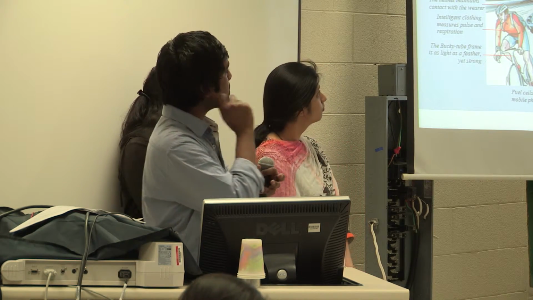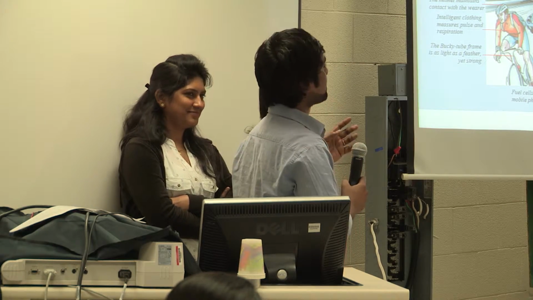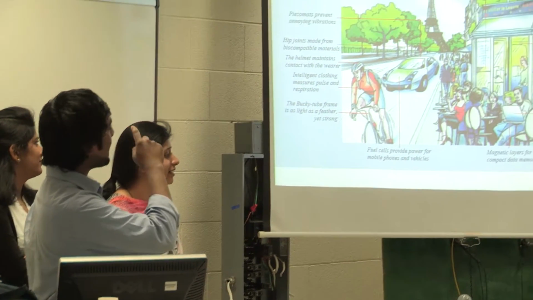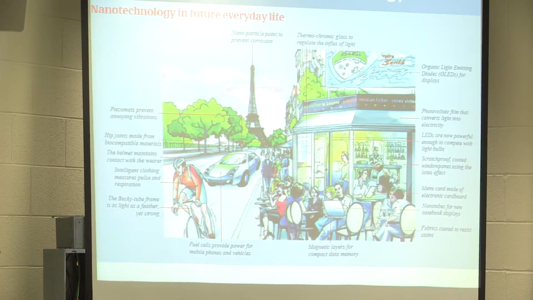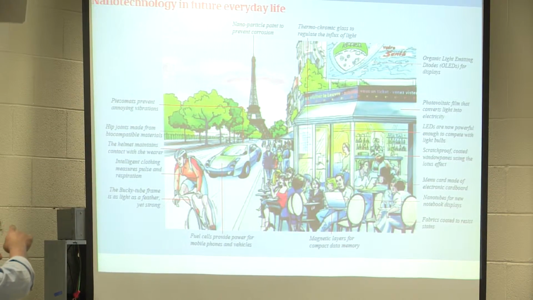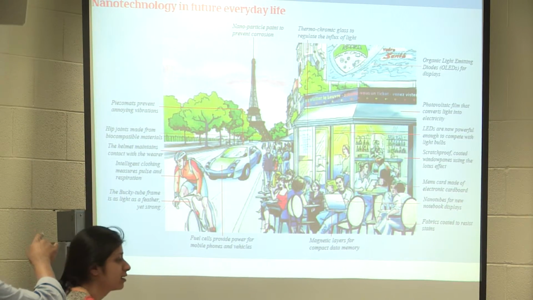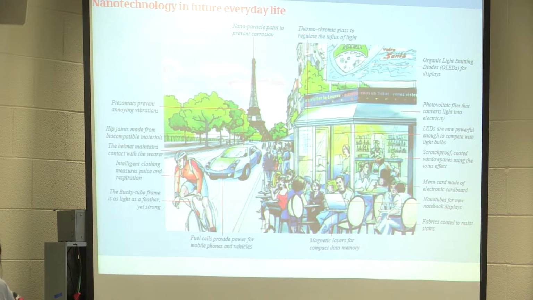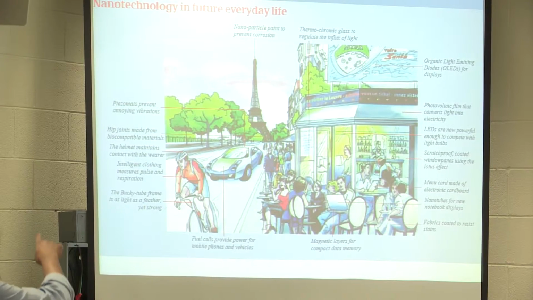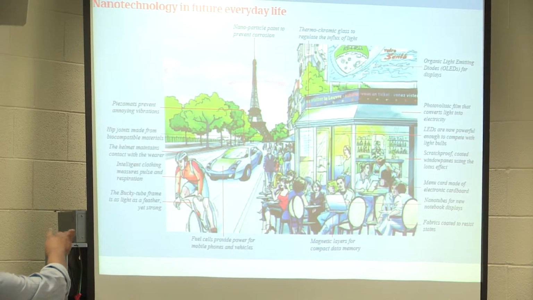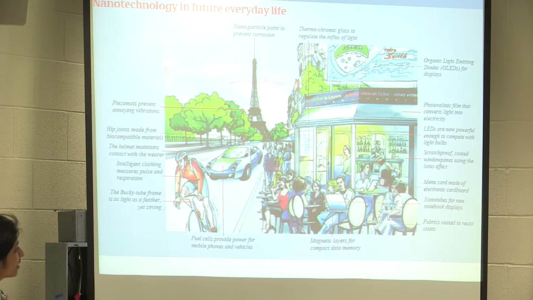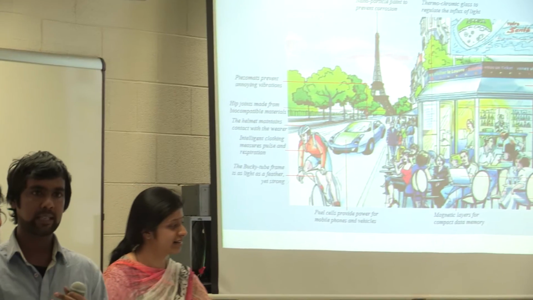The future of nanotechnology shows charts of how the future is going to be in day-to-day, everyday life. See here, the Eiffel Tower, which has nanoparticle paint to prevent corrosion. And the next thing, the guy who is riding the bike with a tube frame as light as a feather, which is made by nanotechnology, but it's stronger than present inventions. And there, the shops where people are sitting, they're using some nanotubes and so on. And also the glass will be much better, it helps prevent light focusing, it prevents the radiation actually.